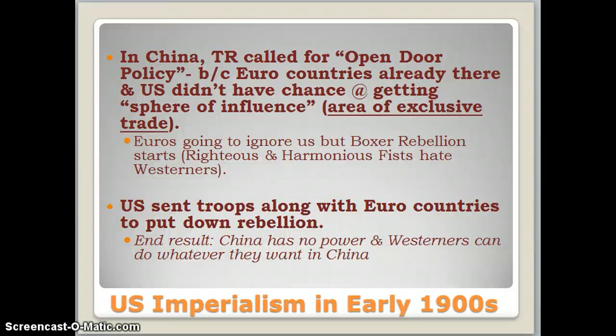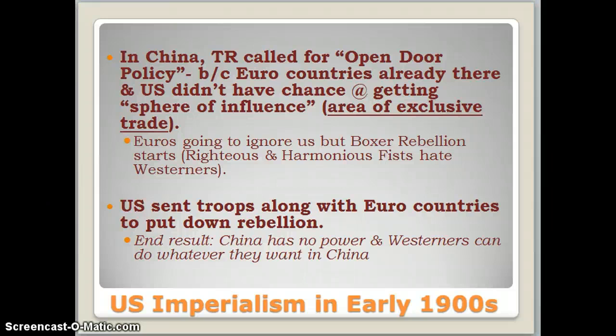And it freaked out the European powers. So they all joined together. England and France, Portugal, all these groups came together, and even the United States. The United States sent Marines to China to fight against the Boxers. The United States sent troops to fight alongside the European countries to put down the Boxer Rebellion, which was millions of Chinese trying to fight against the Western powers. And by the way, the European powers won because we had modern weapons.